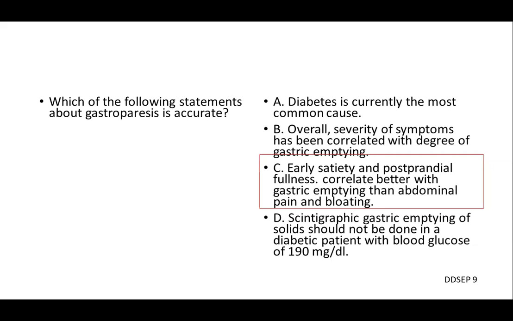What should really tip you off when you're seeing someone in clinic is early satiety and postprandial fullness. We see this a lot in clinic. Someone will come in, in your internal medicine clinic, and say, hey, I'm just getting full early, usually after I eat. That is an important thing to ask. So when you're thinking about either referring to a specialist or when to fire off a gastric emptying study, those are your two triggers that say, hey, maybe this is going on.